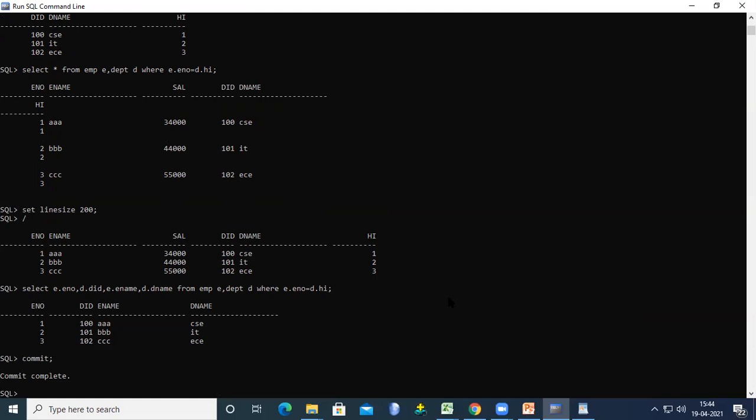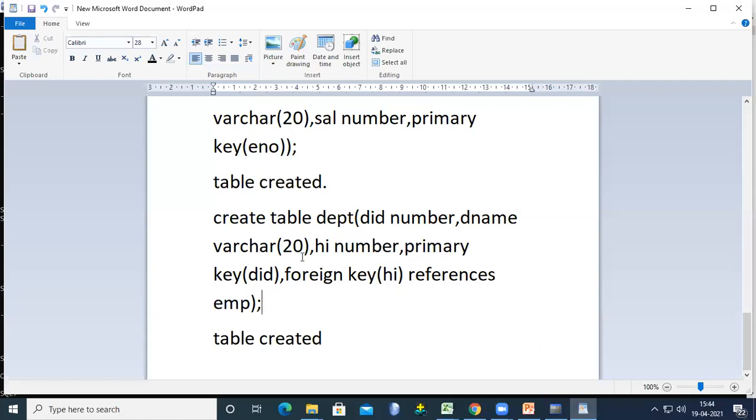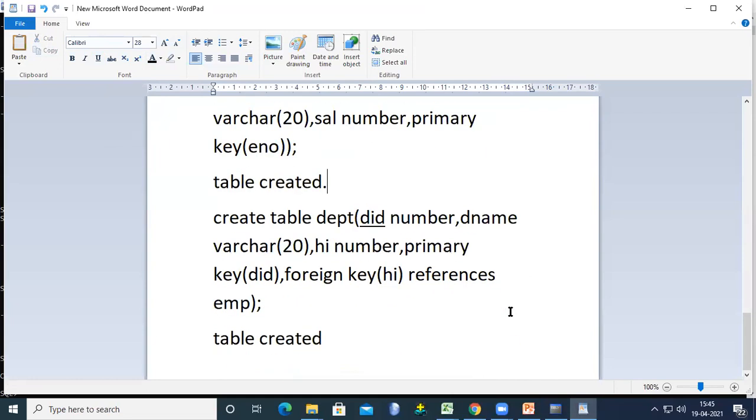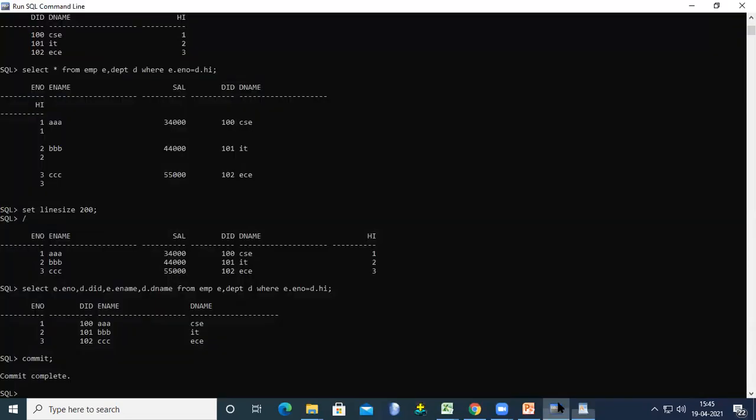So this is a primary key. From the exam point of view, the data to create the table may be given directly, but not mentioned which is a primary key. Then how can we find out? Whatever the primary key is, it will be underlined like this. If the attribute is underlined, that is a primary key. Okay. And another thing here, we are seeing how we create the foreign key and the primary key and how we combine both tables into a single table in this session. Okay, I hope all of the members were able to understand.